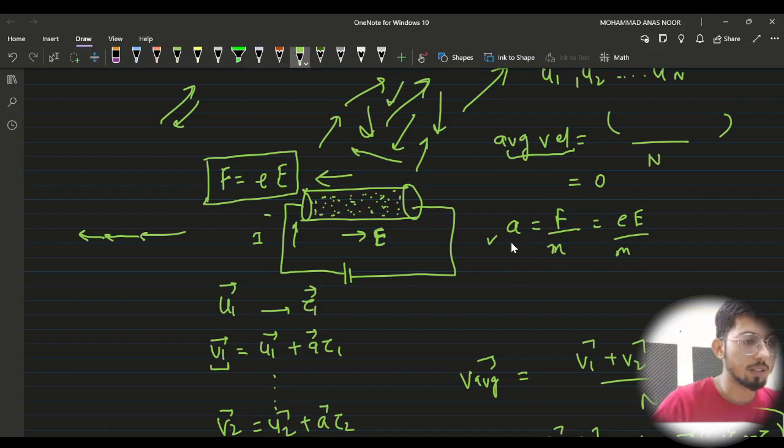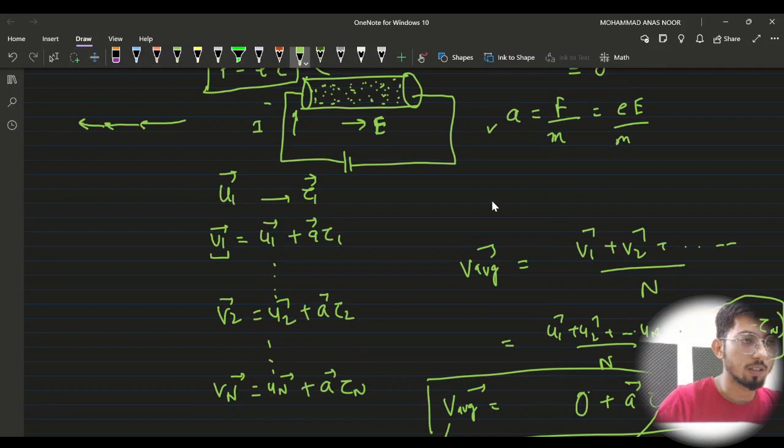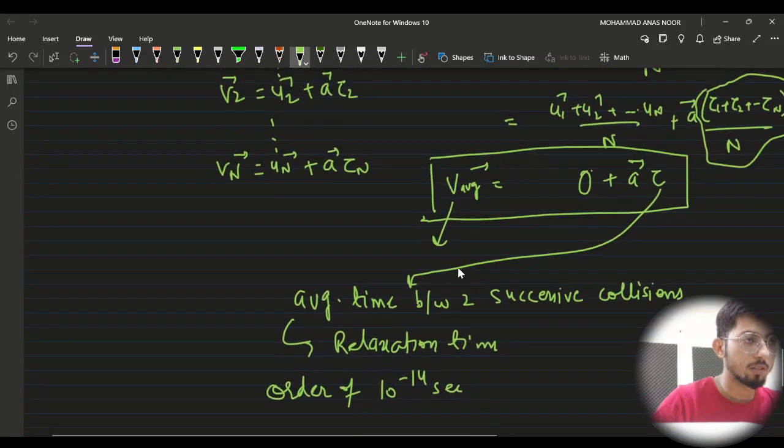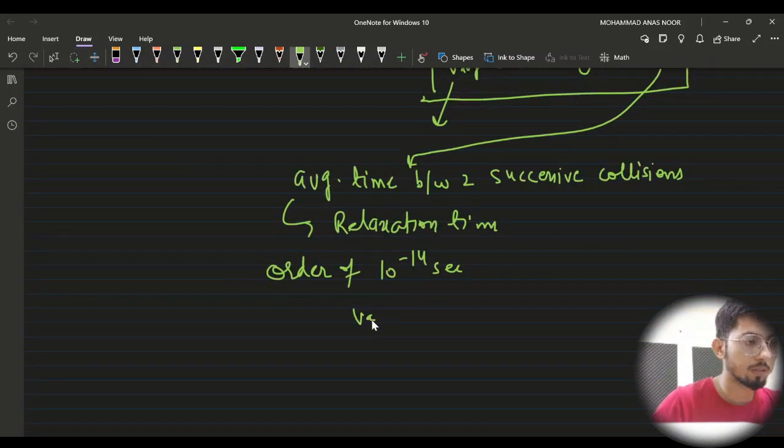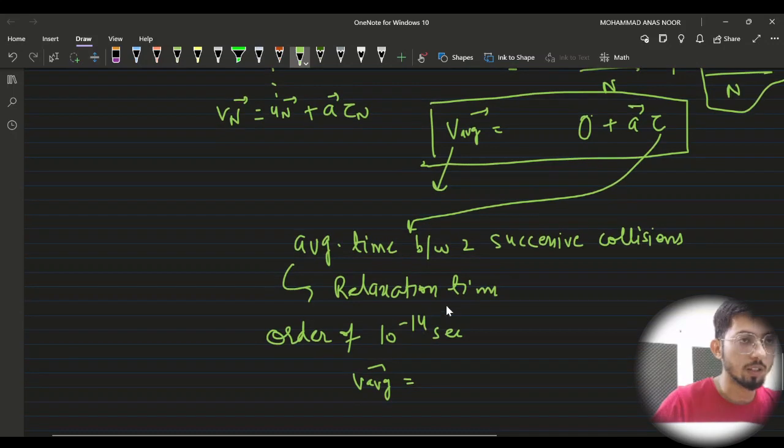If the initial velocity is 0, which is the initial average velocity, then final velocity is u plus at, so this u is 0. Final velocity is just acceleration into time, right? So in a way you can say V average is equal to A tau,